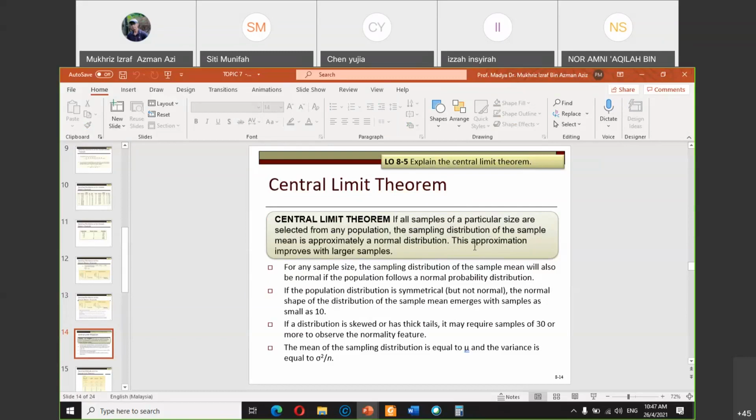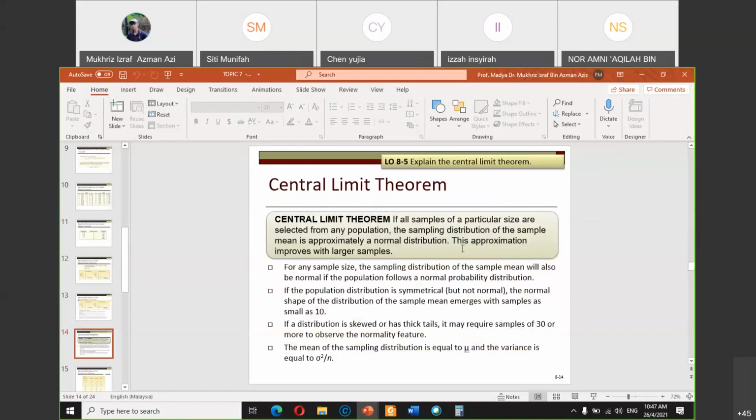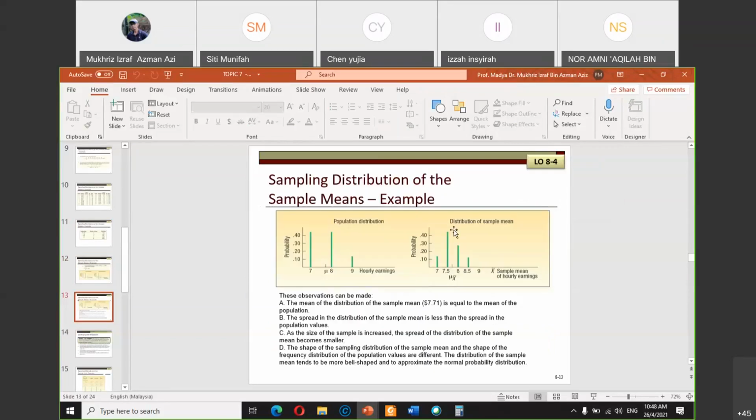So if all samples of a particular size are selected from any population, the sampling distribution, recall what a sampling distribution is, the sampling distribution of the sample mean is approximately a normal distribution. So this part is what you see from this one here. The sampling distribution is approximately normal. When you plot